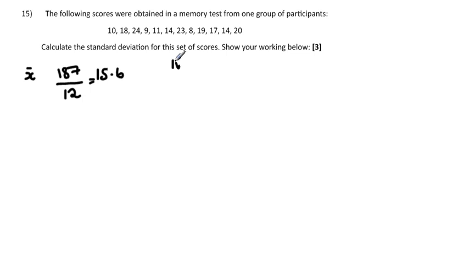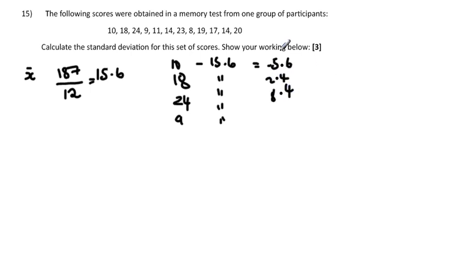Now what you do is you write down all of these scores, so I'll not write them all, I'll just do a few of them, and you take away the mean, so in this case it's 15.6, and this will get you a number, which in this case would be minus 5.6, and we've got 2.4,